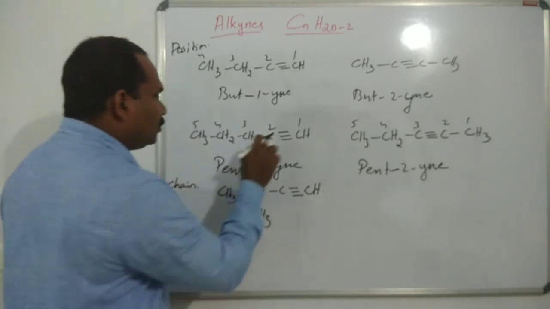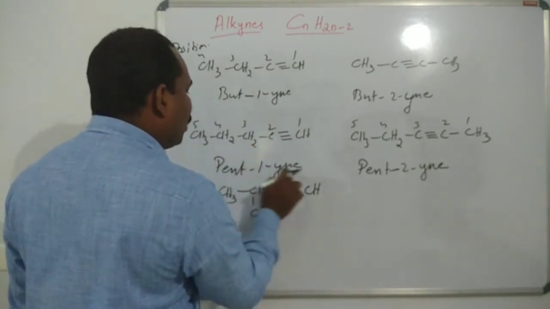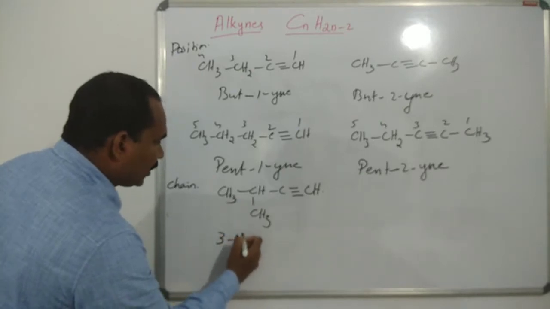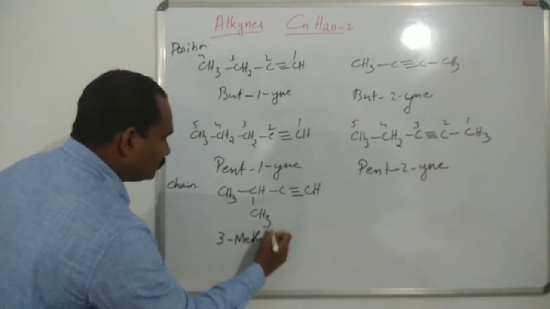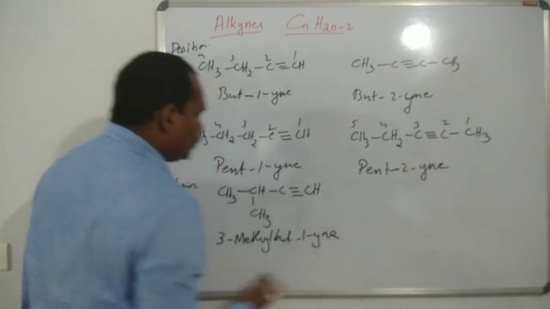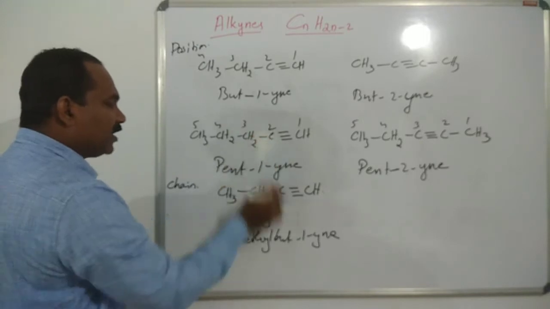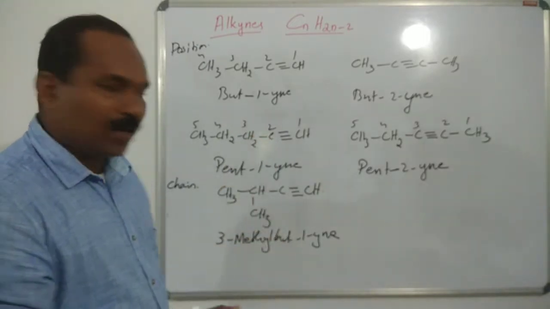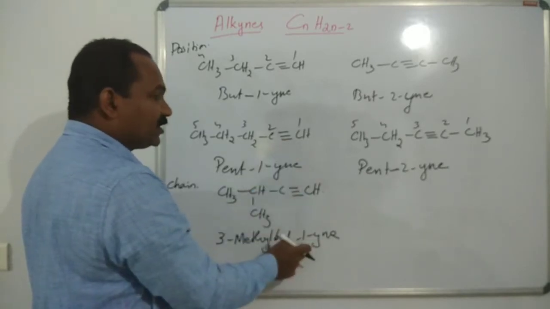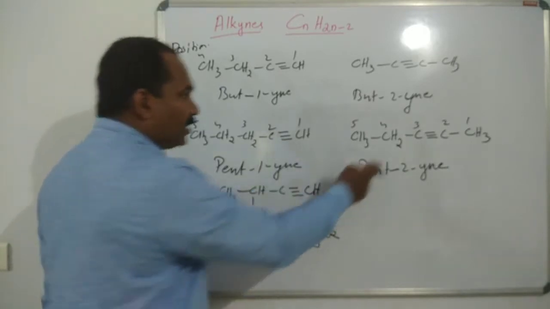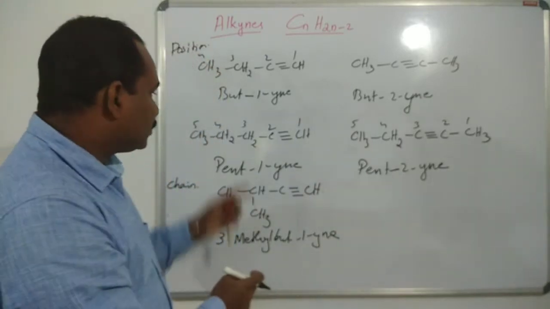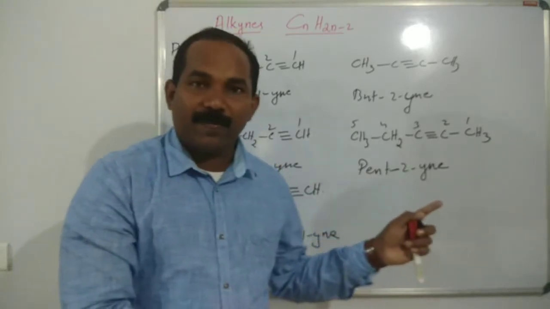Okay. So these two are pent-1-yne and 3-methylbut-1-yne. These two are chain isomers. Remember that the position doesn't change. The position doesn't change. And these two are also chain isomers because it has the formula